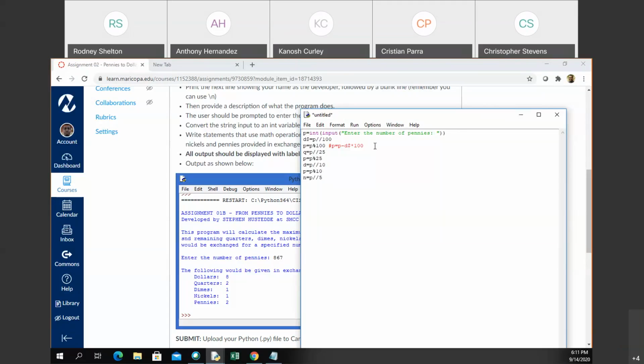Integer division with 5 because there are 5 pennies in 1 nickel. And your pennies now are going to be equal to whatever was left over when you did that. Okay? And so all I need to do now is to print out nice and pretty